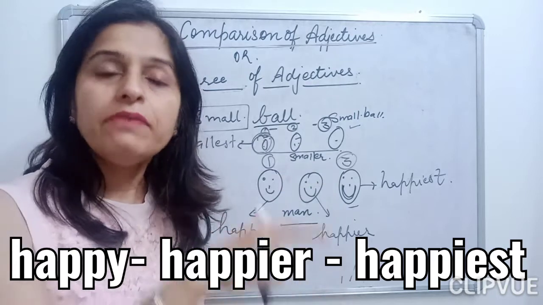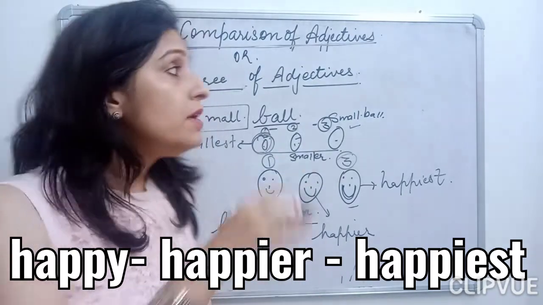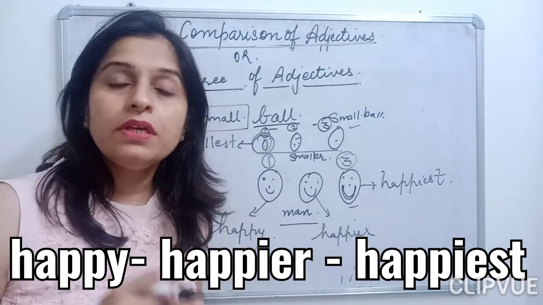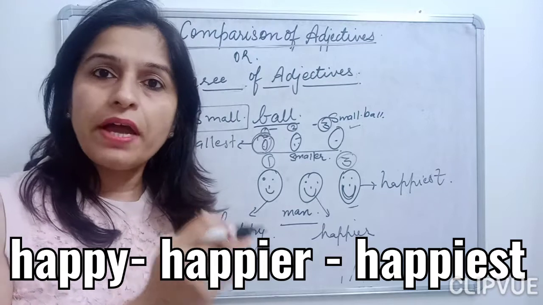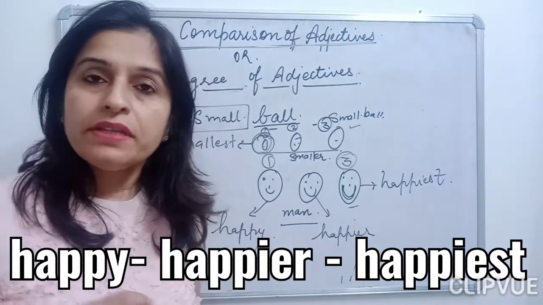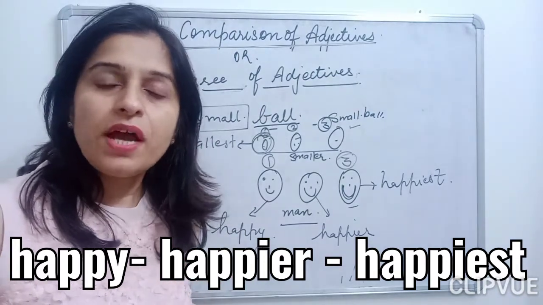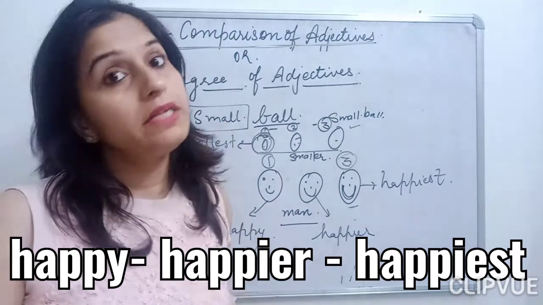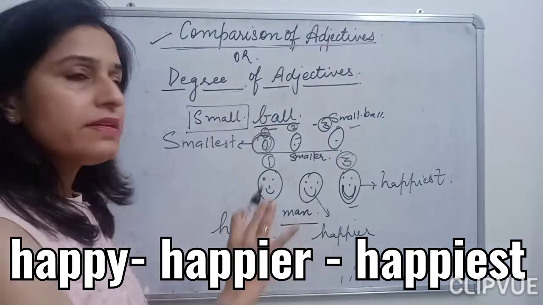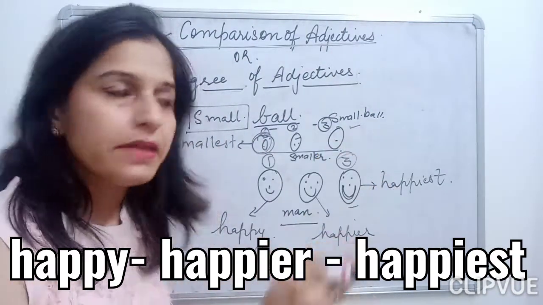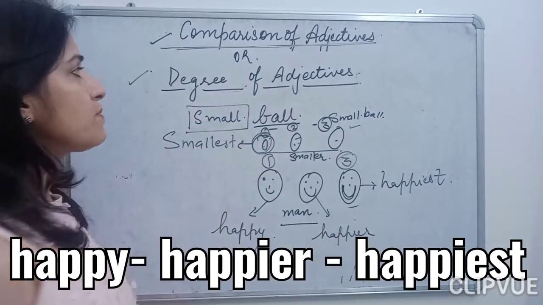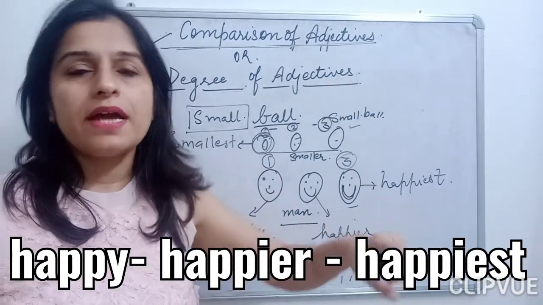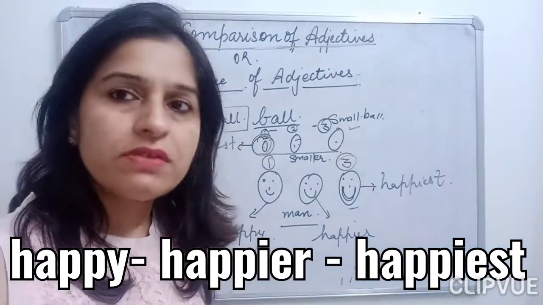In day-to-day life, why do we need to study this topic? So that we are able to differentiate between our likings. Suppose I go to buy a shirt, there would be a shirt which I like the least, one which I find okay, and one which I like the most. So those are the 3 forms of my liking. Now let's come to the next part, the degree of adjectives. What do you understand by degree of adjectives here?